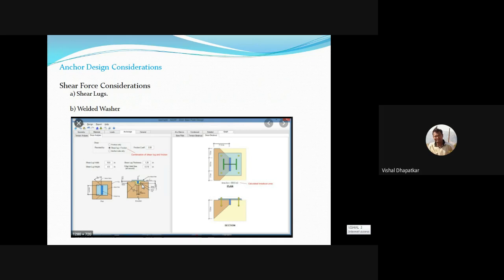So once those washers are welded to the base plate, then there will be no sliding of base plate, because whatever forces are there when the shear will come, since washers are the same size as the anchor bolt, the bolts will bear against the washers, and the force will get transferred to the base plate directly. So base plate will not slide. The force will get transferred to the base plate, and from base plate it will get transferred to the pedestal through the friction. Then it will be registered by the friction between the base plate and pedestal. So this is how we can transfer the shear from the base plate to the